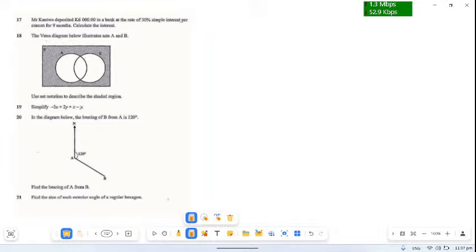We can see that sets A and B are completely not shaded. Okay, so what is shaded are those elements or members that are not found in sets A and B. Okay, so how do you show that? To use set notation to describe the shaded region,